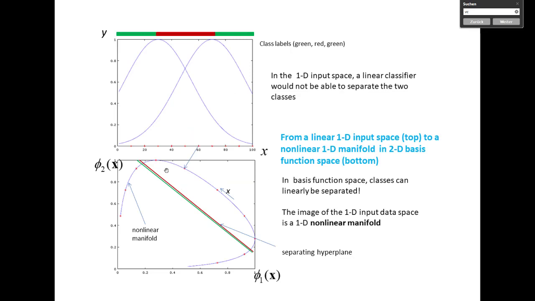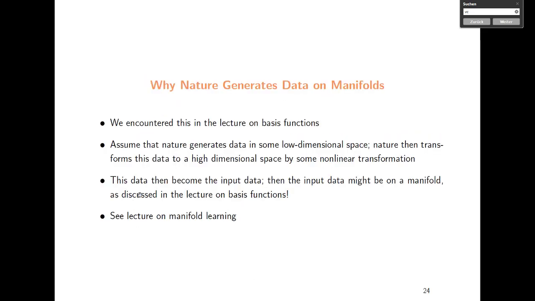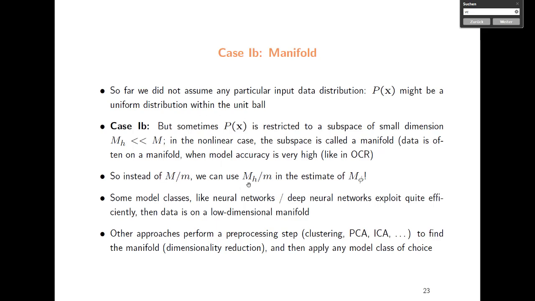No? And we had this example before, no? Just to illustrate, this was the 1-dimensional space. Very boring, 1-dimensional, but if you project it into this 2-dimensional space, the data suddenly is located at this odd-looking manifold. And this can be exploited because this remains a 1-dimensional problem, although it is embedded in this high-dimensional space. And some methods can exploit that. So in that case, maybe we can replace this m phi and don't have to use the m anymore.